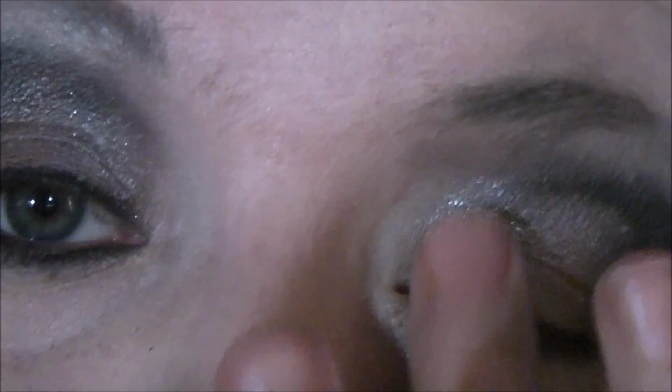We're going to move on to a bling tone shadow. This one is in Silver Screen. I got this with, I think this was a Glossy Box item. And I'm going to apply this with the finger. So it's a lovely silver. I'm going to just pack that on top of this silver here